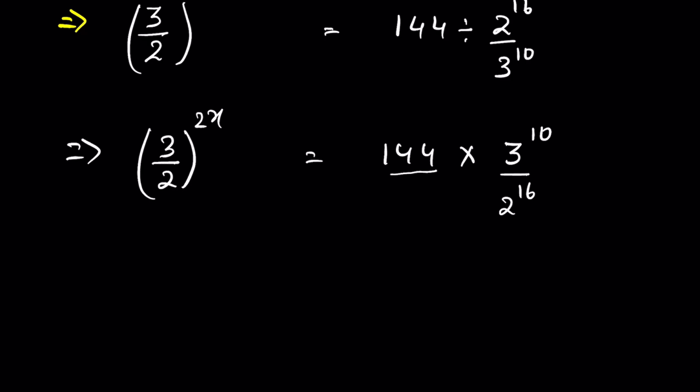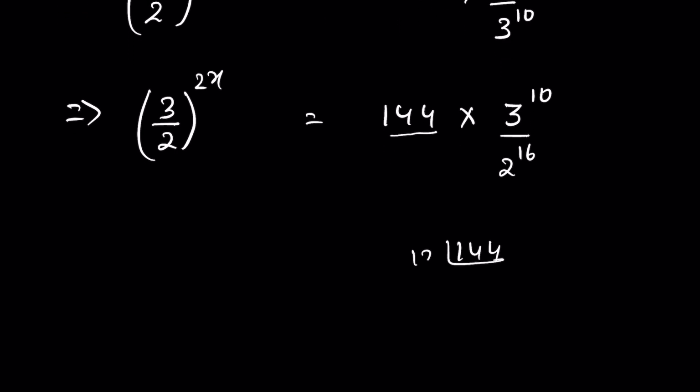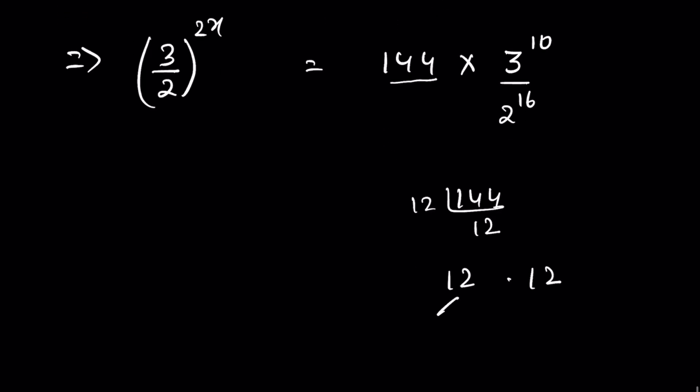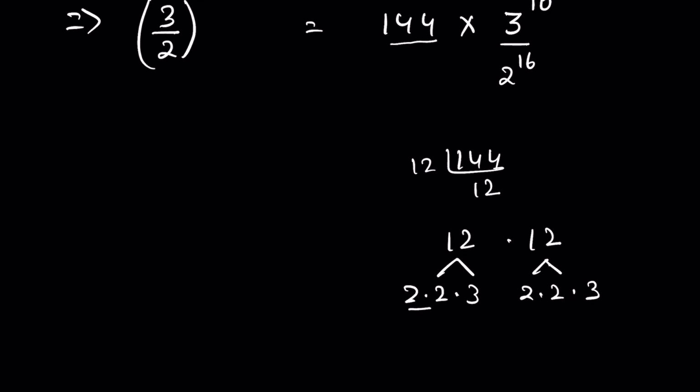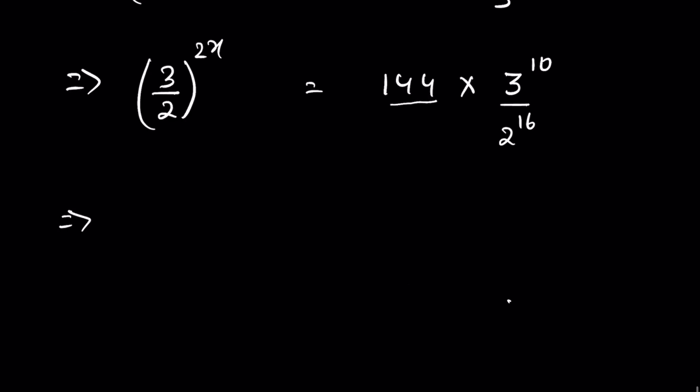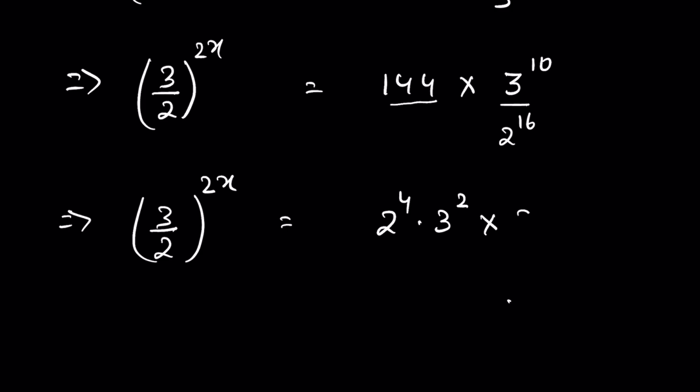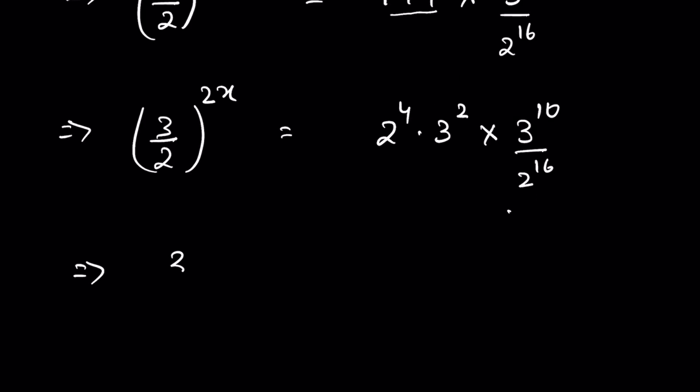When we factorize 144, 12 times 12 is 144. We can break down 12 into 2 times 3, and this 12 also 2 times 3. So 144 we can write as 2 to the power 4 times 3 to the power 2. So 3 upon 2 whole raised to the power 2x is equal to 2 to the power 4 times 3 to the power 2 times 3 to the power 10 upon 2 to the power 16,